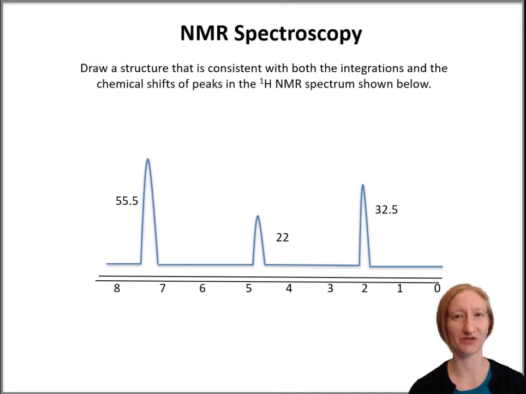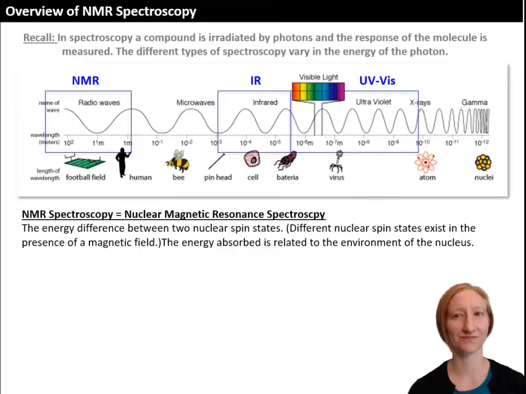In this lecture series, you'll be introduced to NMR spectroscopy, or nuclear magnetic resonance spectroscopy. And like IR spectroscopy, this is a spectroscopic technique that we use to help us characterize molecules or to figure out what we made when we run a reaction. In all spectroscopies, we're basically irradiating our sample, our organic molecule, with light or energy and watching its response to